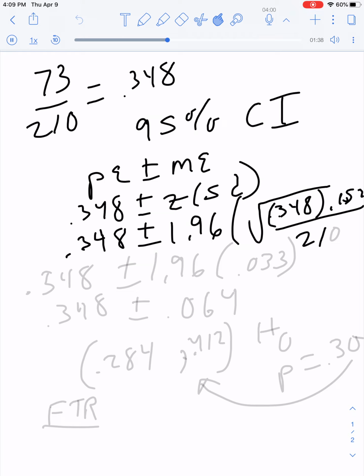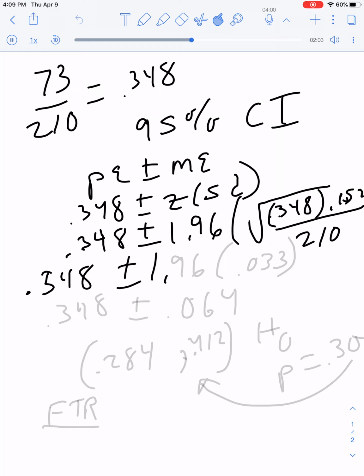divided by 210. So 0.348 times 0.652 divided by 210. Take the square root. That's 0.033. So it's 0.348